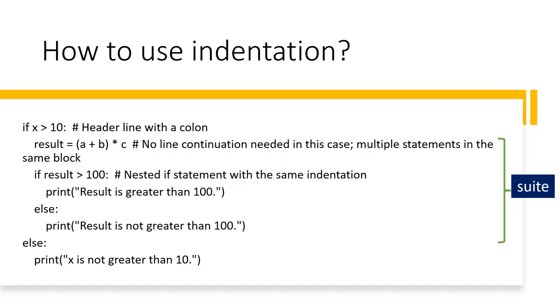Many questions are asked on how to use indentation in Python. Indentation in Python is absolutely essential to determine the various blocks. For example, here if x greater than 10, then we have a colon. If there is a colon, then the set of statements following the colon is called a suite. And in the suite, everything should have an indented statement and all the indentation should be in a straight line. For example, result and if and else are all at the same indent. But the statement inside if should be of a different indent.